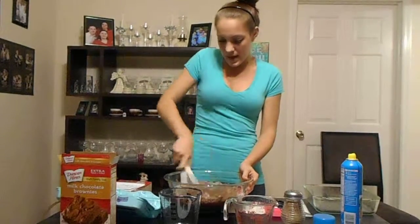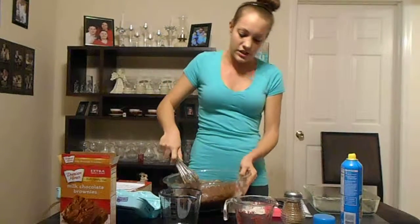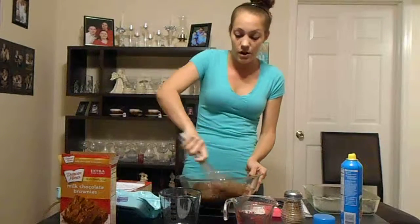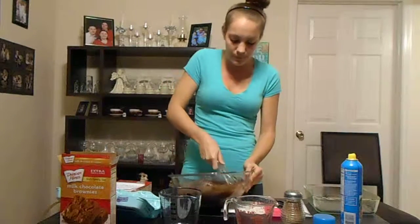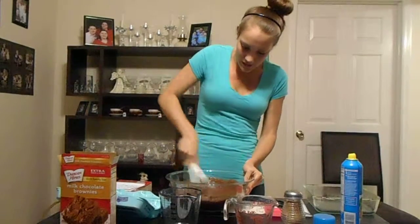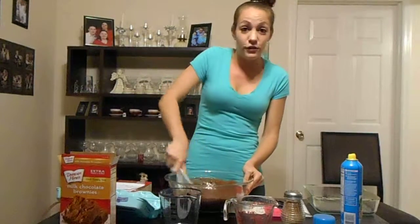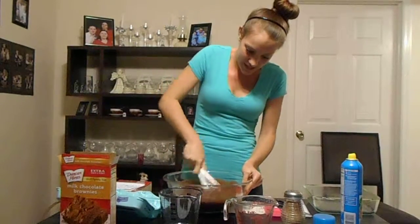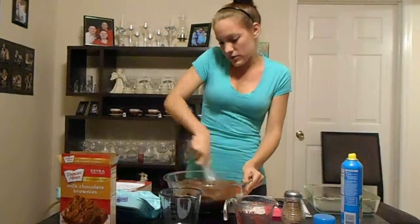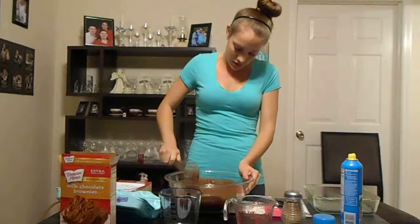Now when you're actually mixing it, you want to go in different directions, maybe move the bowl around to make it a little bit easier to get all the edges in the bowl, or make sure you get all of the dryness out. Gotta use a little force sometimes. It may take about 1 to 2 minutes. So when you think you got them all out, you're gonna go ahead and